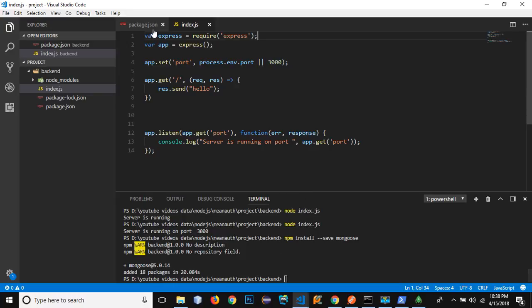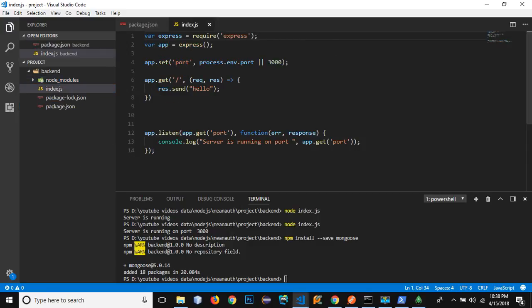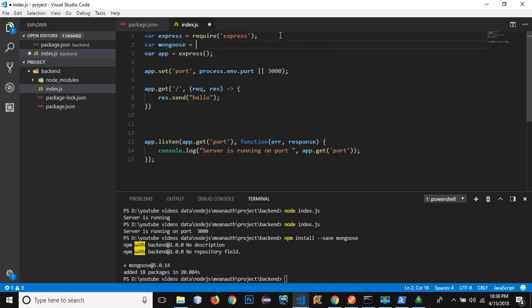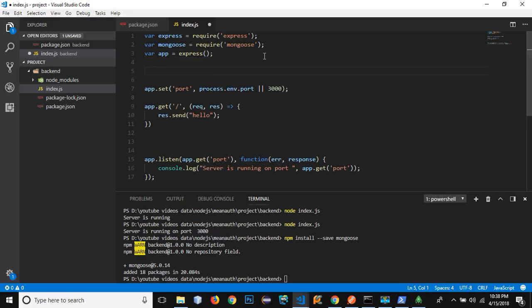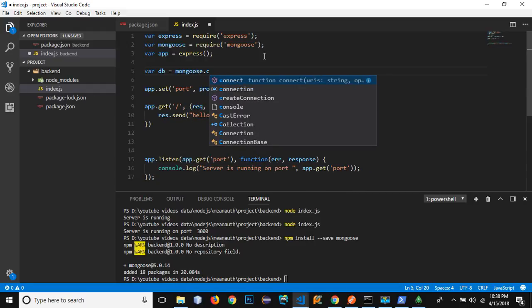So it has been installed. You can see that it is installed right here, and it must be added in the node_modules folder right here. So in my index.js file, let's add var mongoose equals require mongoose. Okay, so now let's add a connection with our database. So var db = mongoose.connect,